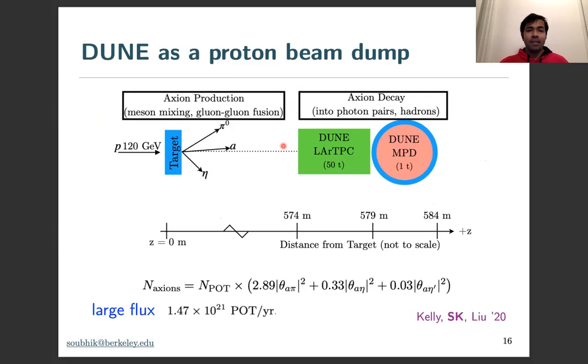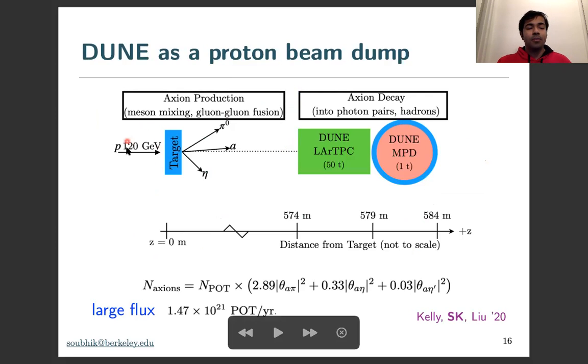So here is the schematic of the idea. We have an intense proton beam with like 120 GeV energy hitting a target. And the idea is that we'll have Standard Model pseudoscalar production, and those can oscillate into the axion. And then you can also have direct production of axions from gluon fusion.